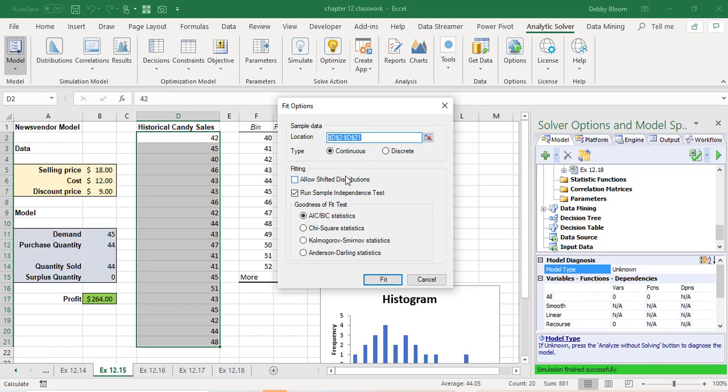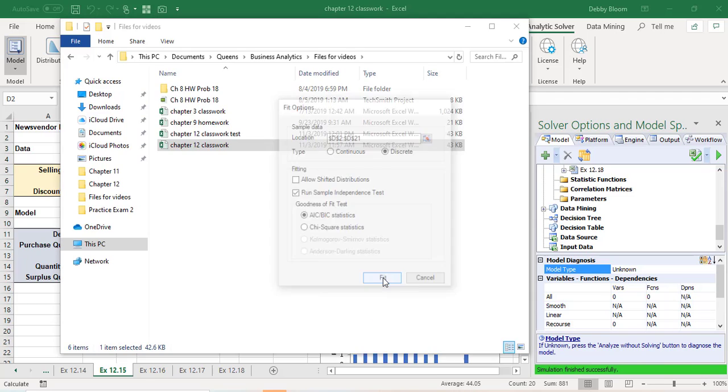So we have our sample data, and it gives us different options for our goodness of fit test. We're going to make sure to click the discrete button. This is not a continuous distribution. We can't have values of 42.7 or 46.875. We have to have whole numbers, so make sure that discrete button is checked, and then we're just going to click Fit,